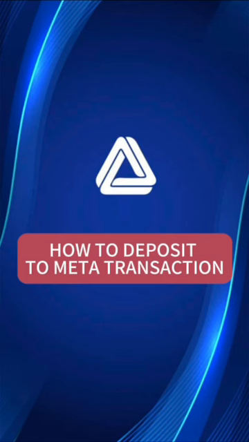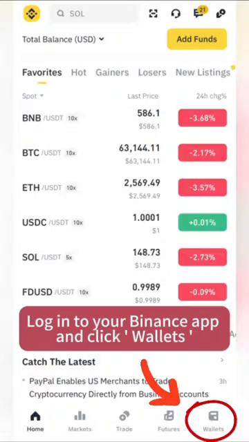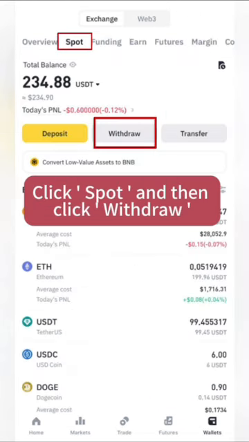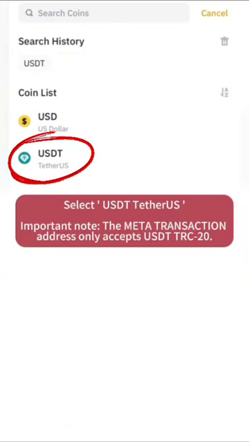How to deposit to Meet a Transaction. Log into your Binance app and click Wallets. Click Spot and then click Withdraw. Select Tether. Important note: